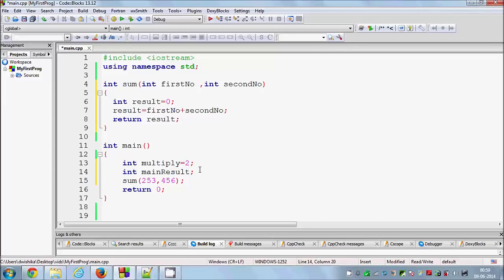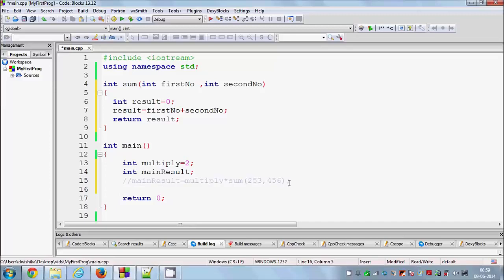So what I'm going to do is I will say main result is equal to this multiply variable into, so for multiplication we use asterisk, remember, and then I'm going to take this function and paste it here. So what this function will do is, let me show you first of all the simple way. This will be a little bit complex to understand for the first time.